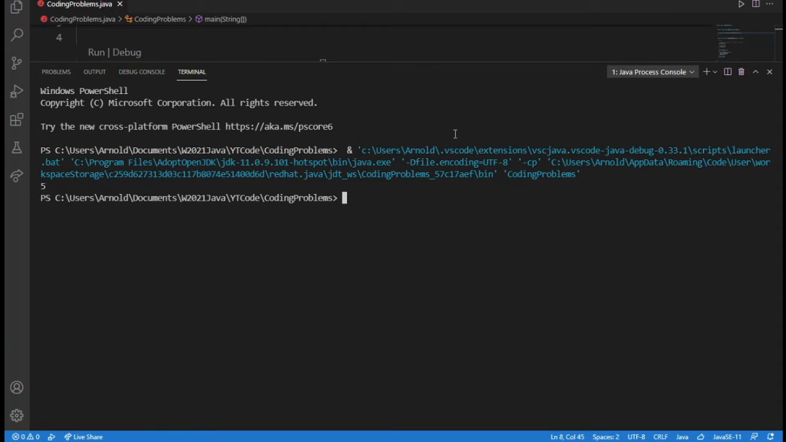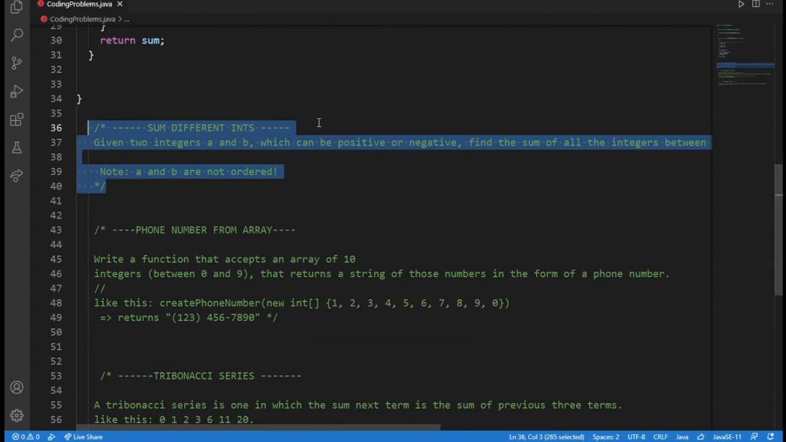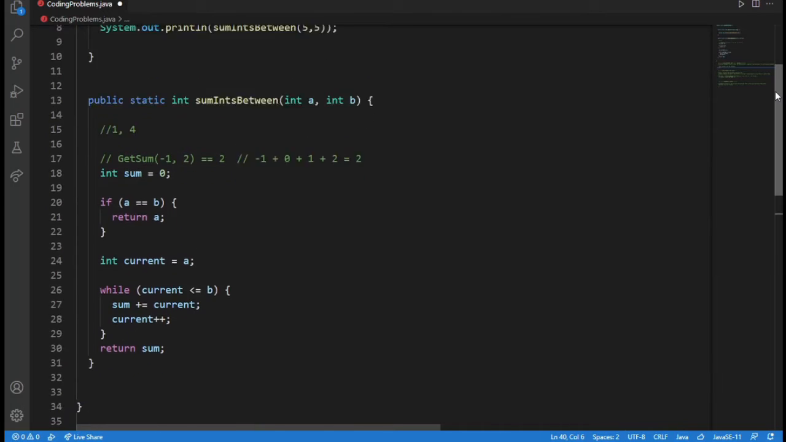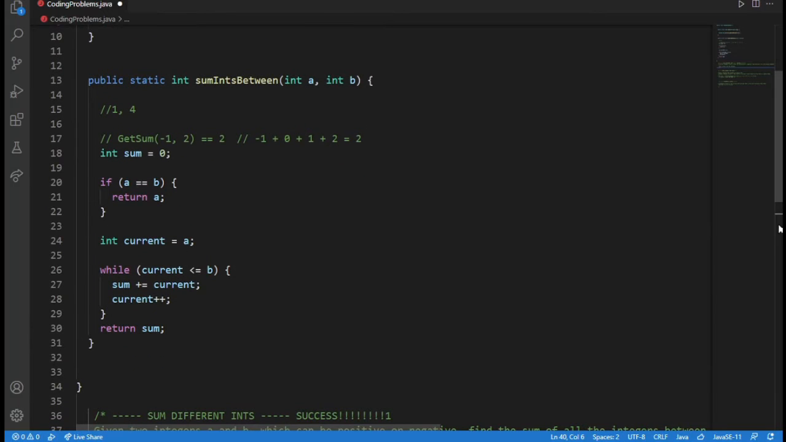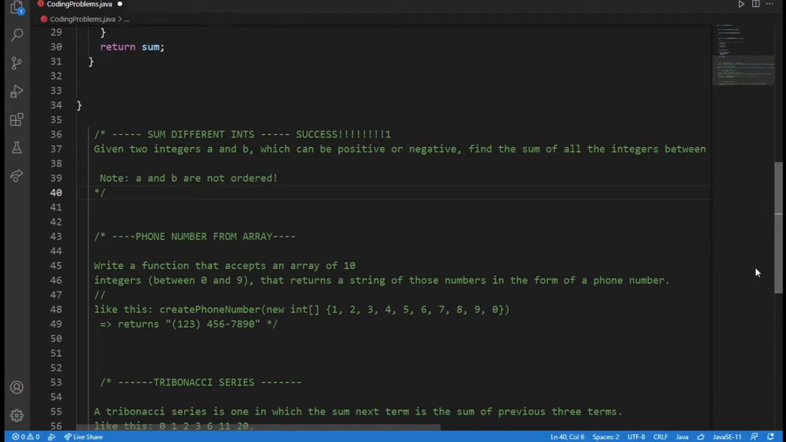So this challenge, success. I have done this challenge. This is the method, and I've already tested and it works. So 1 challenge down. Now,